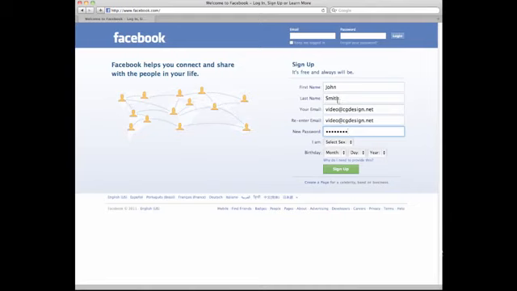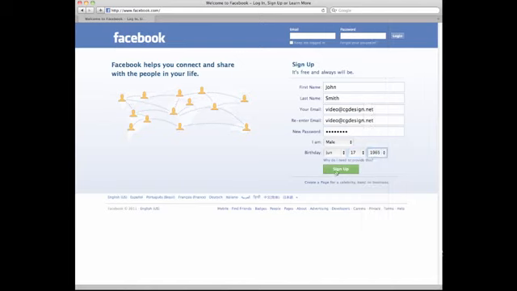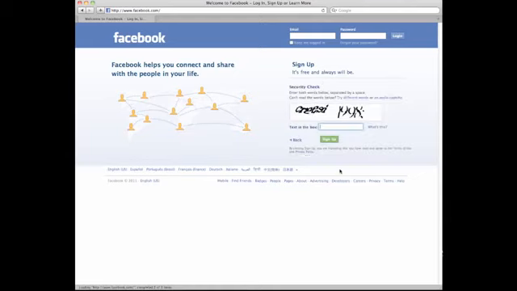So enter a password, and from the drop down menu we'll go ahead and select our sex, which is male. We'll say we were born June 17th, say 1965. So when we click sign up, it's going to take us to this screen where we have to type